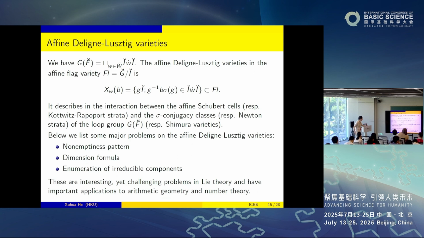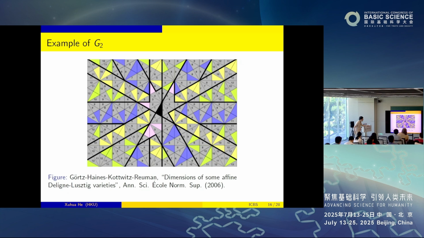And there are several major problems: non-emptiness, the dimension, and the enumeration of the irreducible components. Well, here is the picture from the paper by Görtz, Haines, Kottwitz, and Reuman in 2006, and they discuss, in affine type G2, what the dimensions of the corresponding affine Deligne-Lusztig varieties are. Due to the time limit, I'm not going to discuss this in detail, but I just want to give the impression that this is